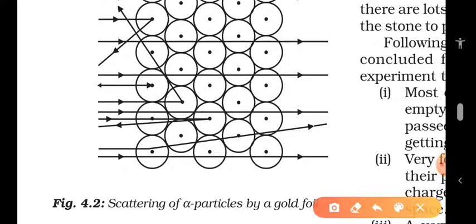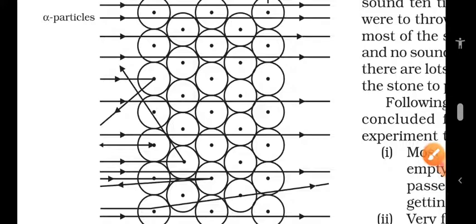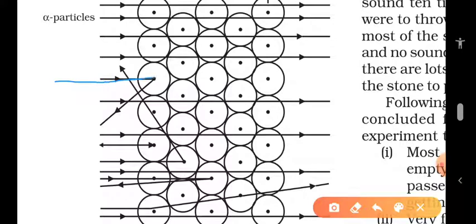See, when an alpha particle, what is an alpha particle? It's a positive charge. When an alpha particle strikes the center of the gold atom, immediately it is coming back. If it strikes the center of the atom, it's coming back. But if there is no center of the atom in the path of the alpha particle, it's going in a straight line. There is no returning back.